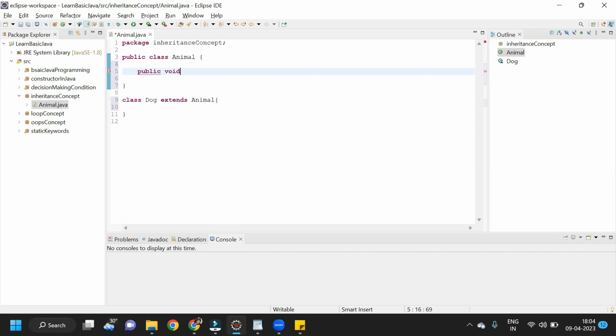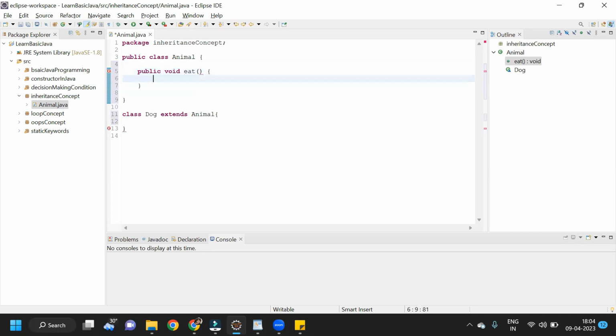Public void, and all animals have a behavior to eat something, right? So they can eat. Let me write an eat method, right? Let me print some statement: System.out, and here I will write "animal is eating",